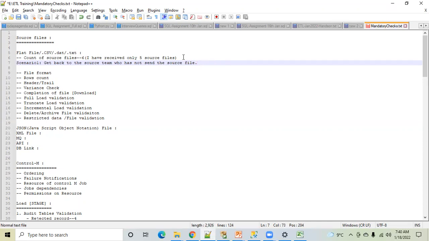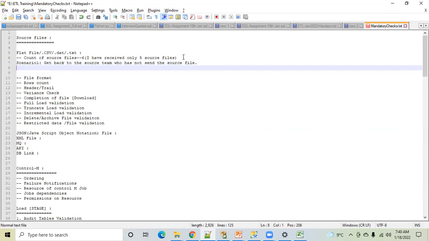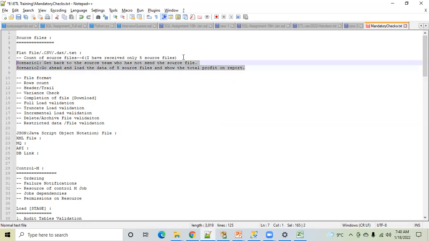Second scenario: go ahead and load the data of 5 source files and show the total profit on the report. My question is, which scenario should I go for?